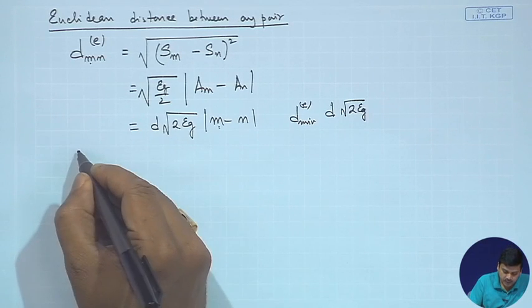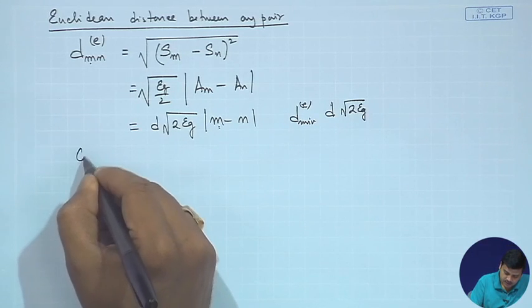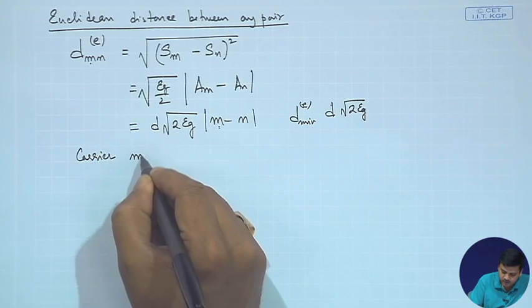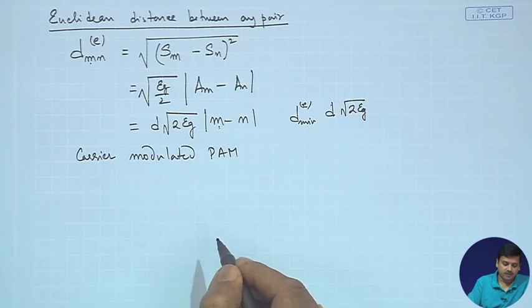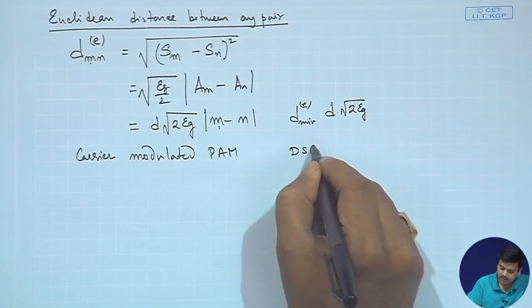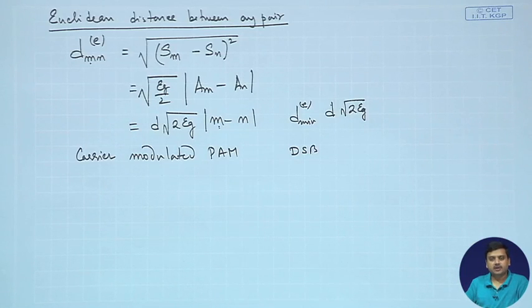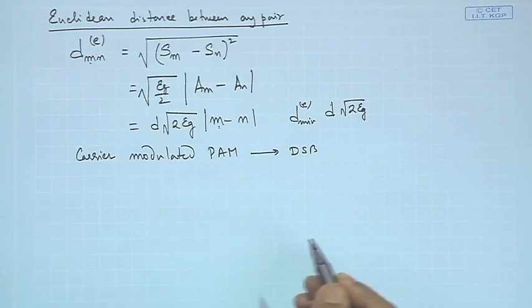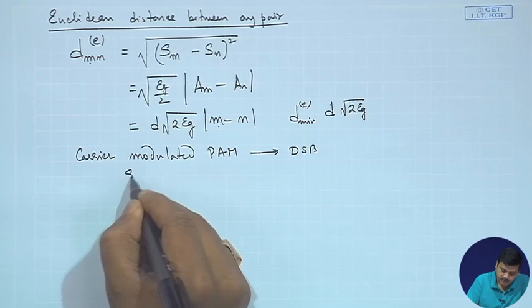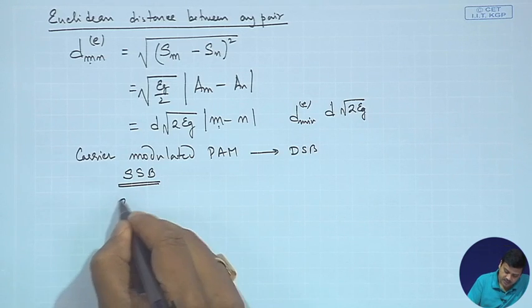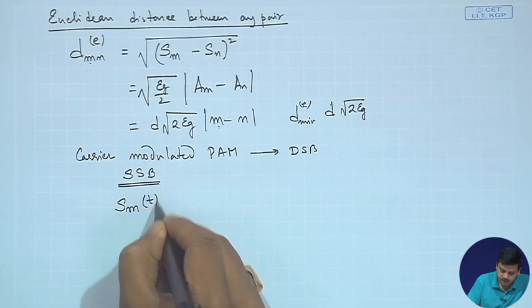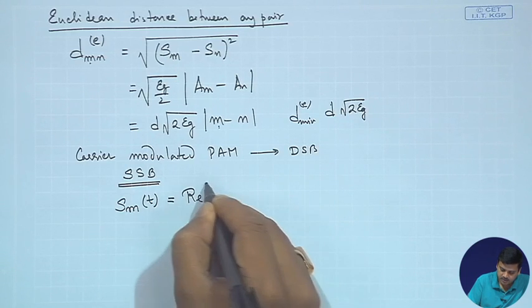Further, at this point I would also like to point out that the carrier modulated PAM that you have is basically a double sideband. That is very clear, because you have Am g(t) cos 2 pi Fc t. So, if you look at the spectrum, it will be double sideband, right. And what we could do is, instead of sending double sideband, you could send a single sideband, because it is spectrally more efficient, and in that case the Sm of t could be written as real part of